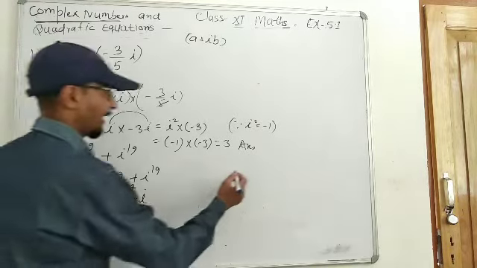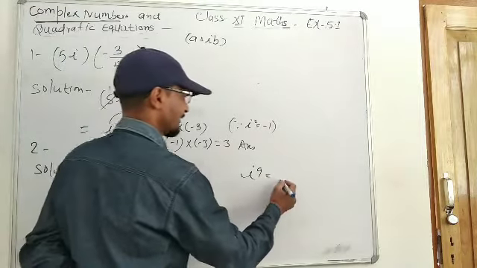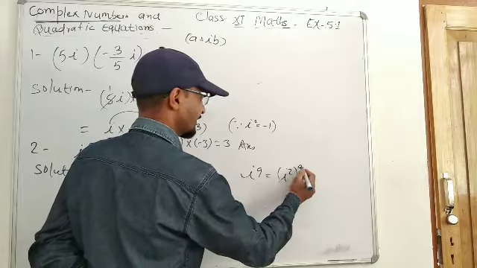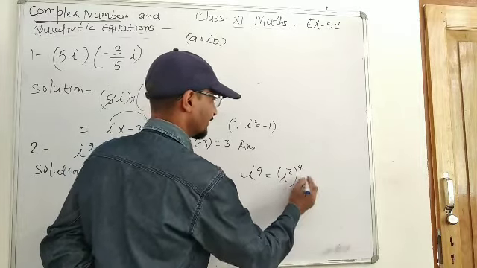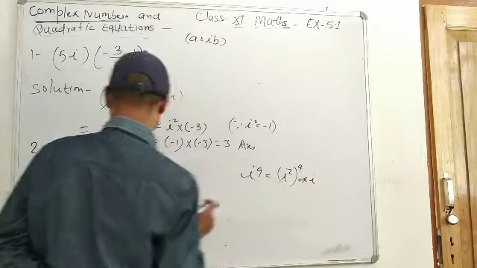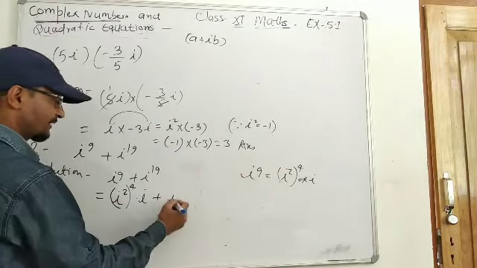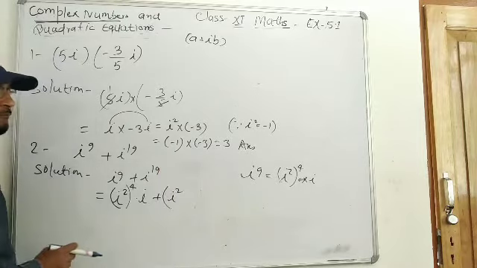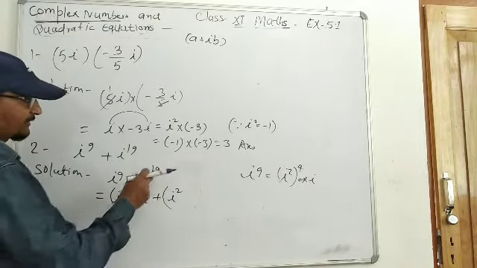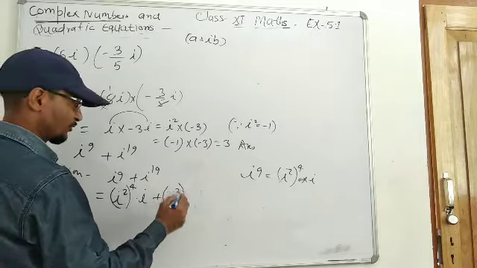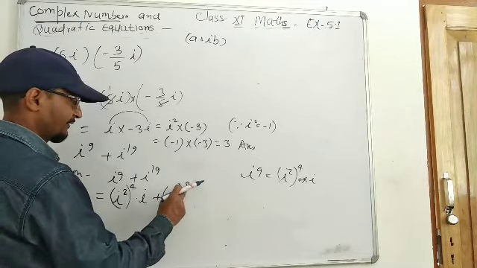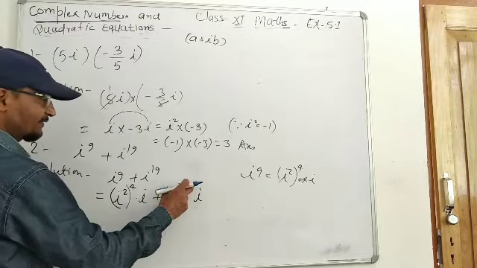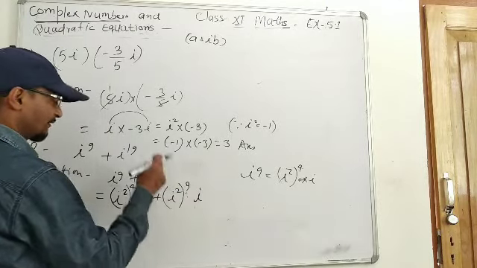Check once again. i to the power 9 has to be written as i square. To put the value, i square to the power 4 is 2 4 is 8, into another i, which gives i to the power 9. Just like here, i to the power 19, first we write i square and try to get this 19. 2 9 18, 1 remains here, so we write one i. So 2 9 is 18 plus 1, i to the power 1, gives 19.